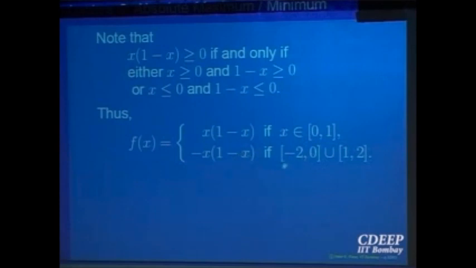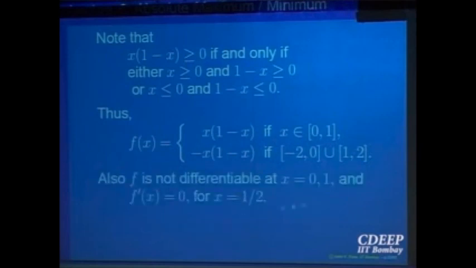So now you know that the points 0 and 1 are going to be points of trouble, right? Those are the points which are going to be critical points anyway. So analyze that. The non-differentiability at 0 and 1, you can check that. Derivative equal to 0, right? In that portion or that portion gives you x is equal to.